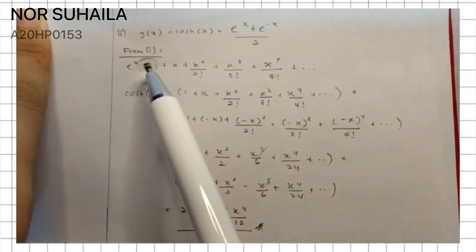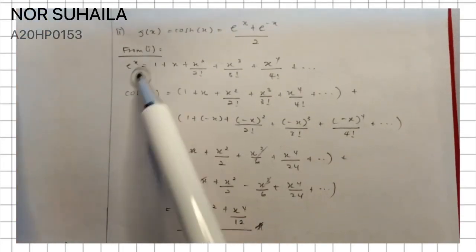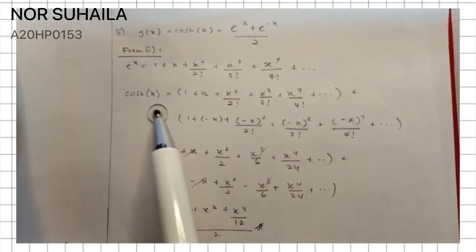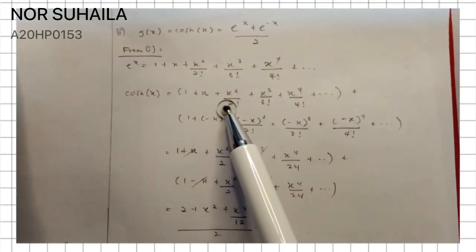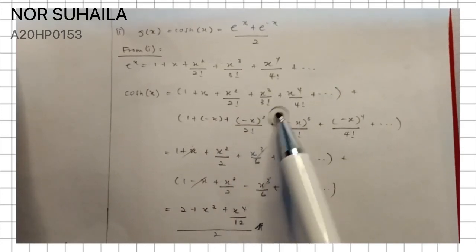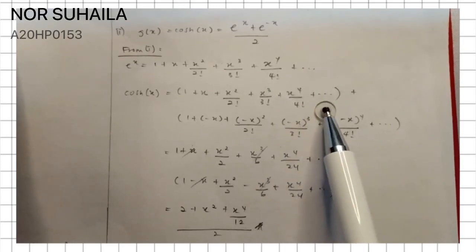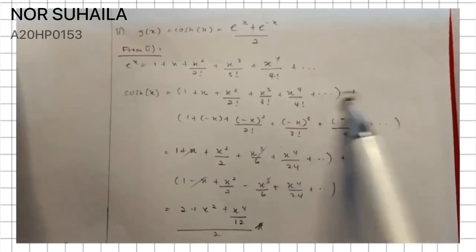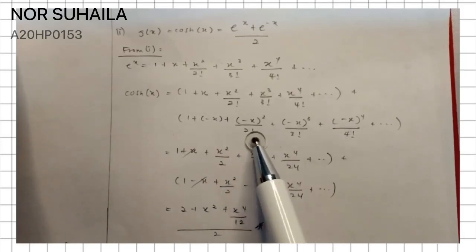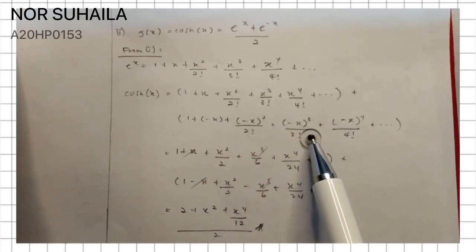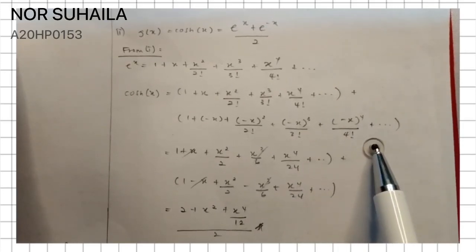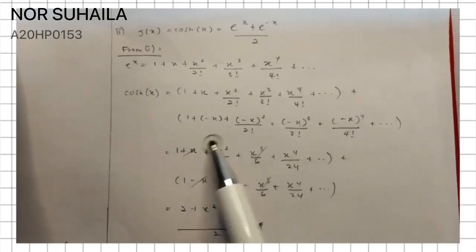So from 1 Roman, okay, we got this one, right? So we change the cos x. So we got 1 plus x power 2 divided by 2 factorial plus x power 3 divided by 3 factorial plus x power 4 divided by 4 factorial plus dot dot dot, and 1 minus x plus negative x power 2 divided by 2 factorial plus negative x power 3 divided by 3 factorial plus negative x power 4 divided by 4 factorial and plus dot dot dot. And then we can